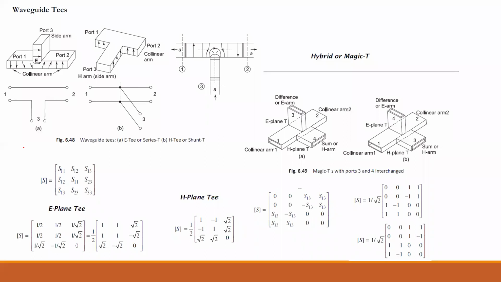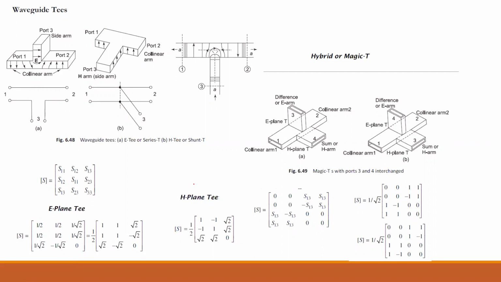So basically what we are doing is splitting the transmission line. This is a continuous transmission line. In order to establish the connection, you are splitting this transmission line. Even here you are doing the same thing. You are splitting the transmission line and trying to establish a connection with another element or a microwave device over here.